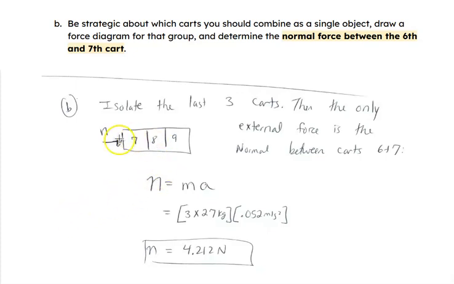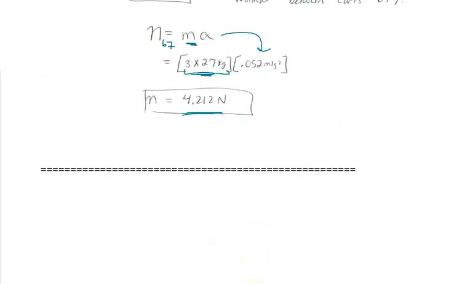Then the normal between cart 6 and 7 equals the mass of my system times the acceleration. Okay, and we grabbed 3 carts, so the mass is 3 times 27, and everything in the system is accelerating at that rate. And you get the normal is 4.212 newtons. Okay, you could also